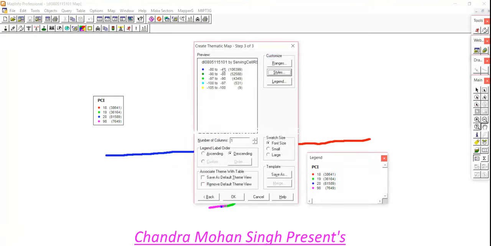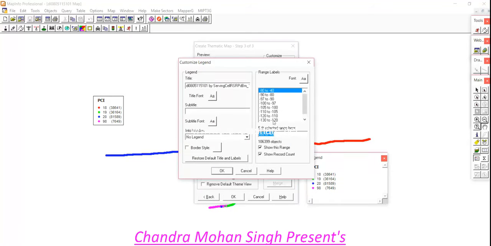Friends, here only 5 ranges are shown. Then we go to the third step of our legend and show all ranges: -40 to -80, -80 to -90, -90 to -97, -97 to -100, -100 to -105, -105 to -110. Here this range is not shown, so we click show this range. After -110 to -120, show this range.